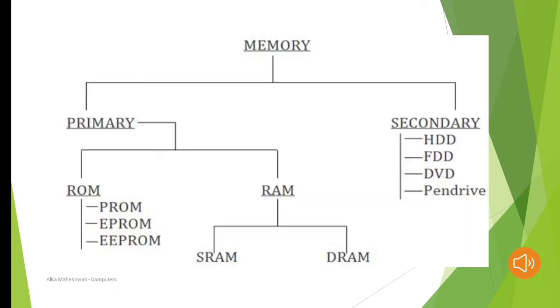Flow of today's session will be, first, a brief revision of the previous session, that is, computer memory and its types. As all of you know, computer memory is the basic storage place for data and instructions, temporarily or permanently. It is of two types, primary memory and secondary memory. Primary memory is also known as internal memory or main memory. It is of two types, RAM and ROM. RAM, random access memory, is volatile in nature. It is temporary memory.